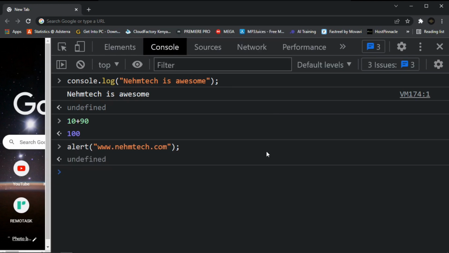And so guys, by now I think you understand that JavaScript is already installed on your browser. But this is not where we are going to write our JavaScript code. This is just for demo. However, let's close it and